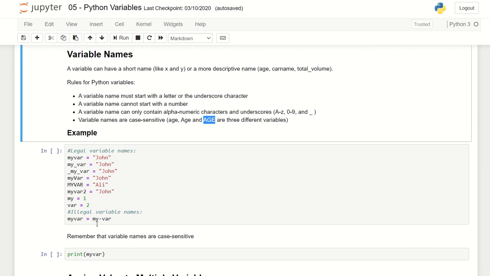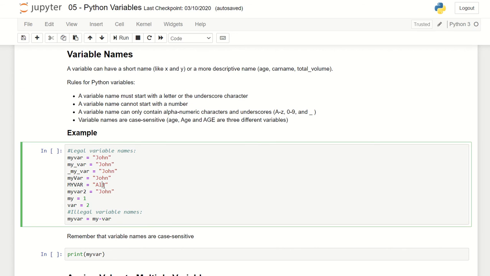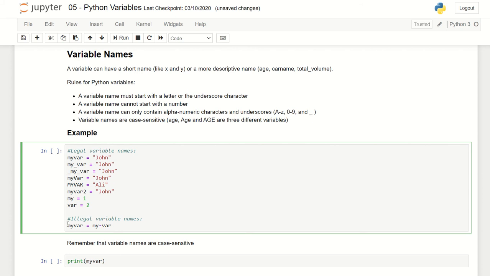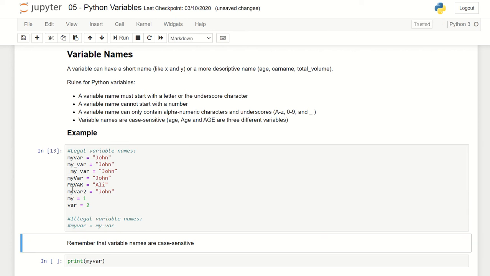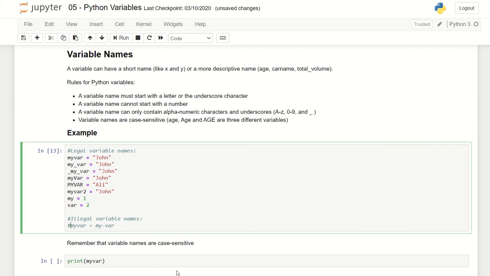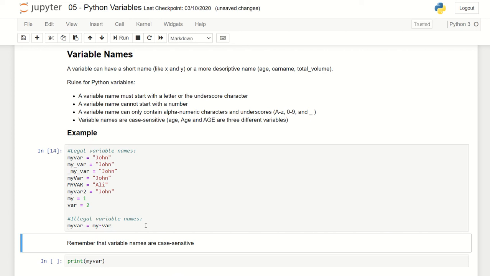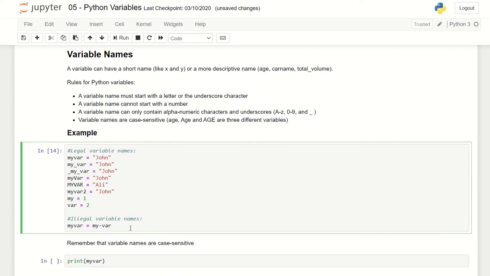These are examples of all the legal variable names. And there's one more example of legal variable names. I'll comment this part first before I run it again so that we can see how it goes. Immediately when I execute this example, there's no error produced, showing that the legal variable names are accepted. While if I remove the comment on this illegal variable name, it will produce some sort of error, right? But right now it's not, okay, because